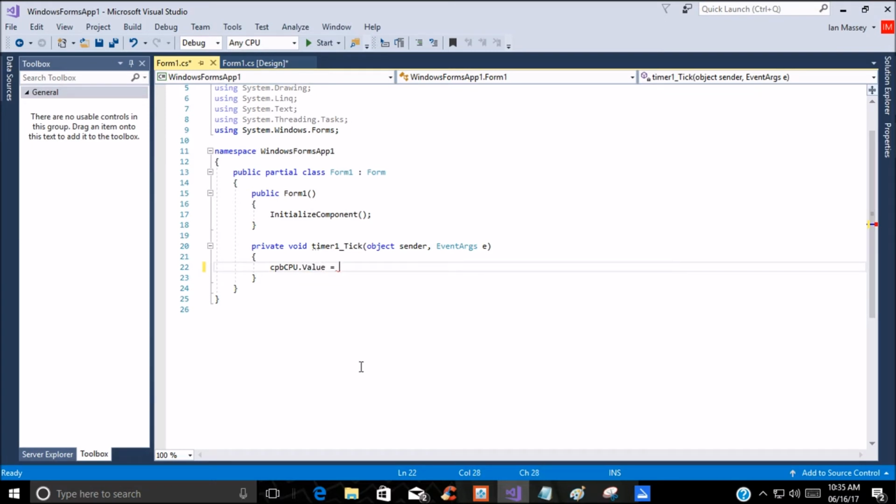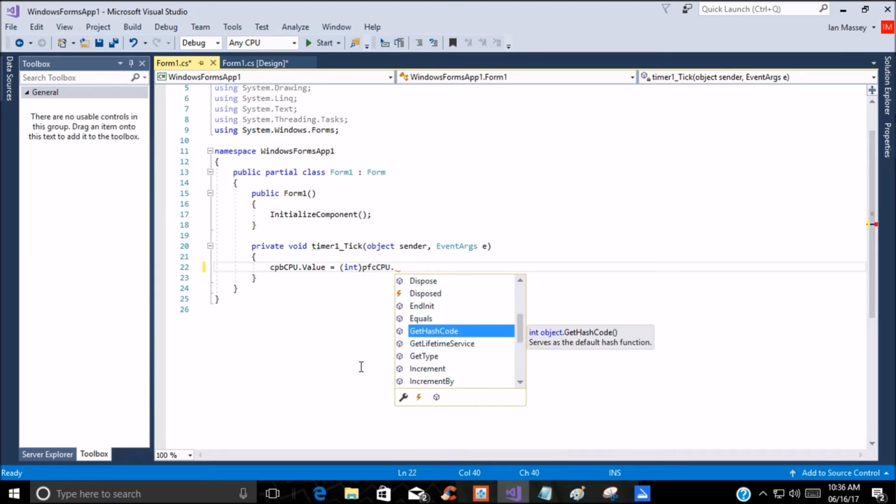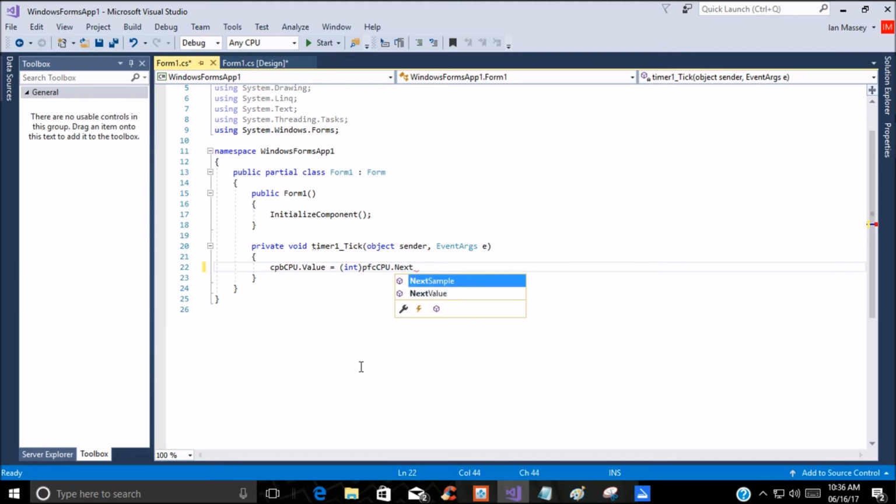Now we're going to get into the actual. You're going to have to cast this as an int. Pretty much the same thing like in the last video. It's going to be PFC CPU dot next value,